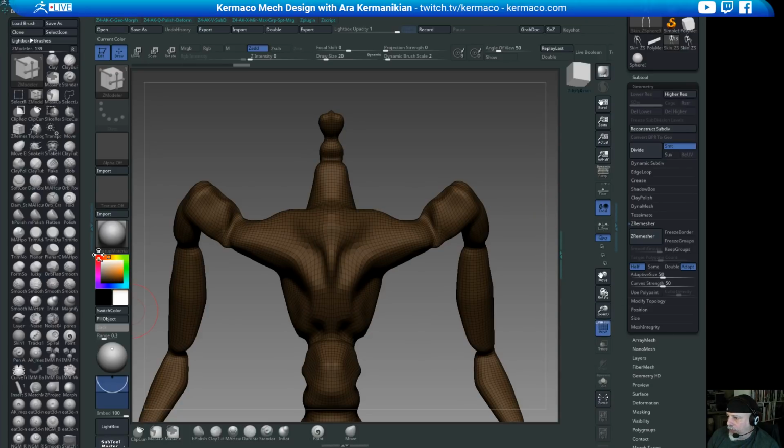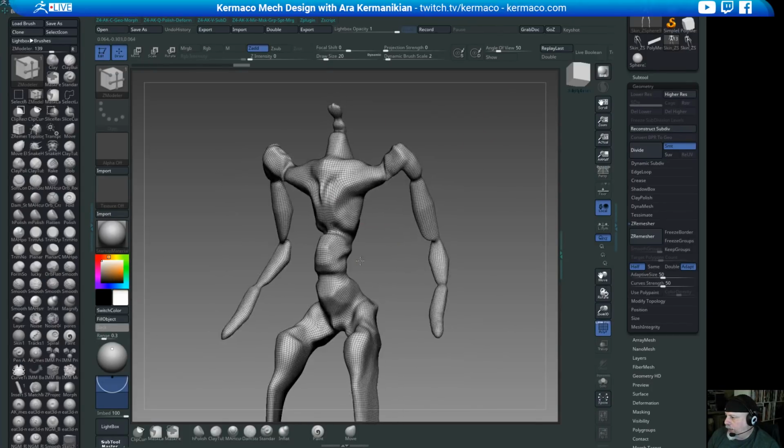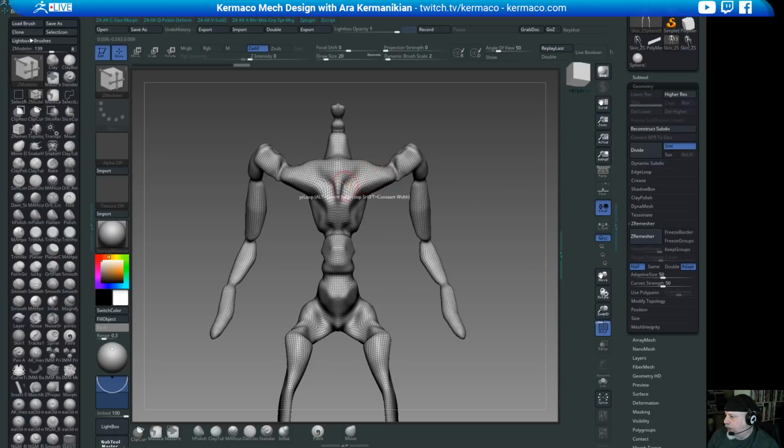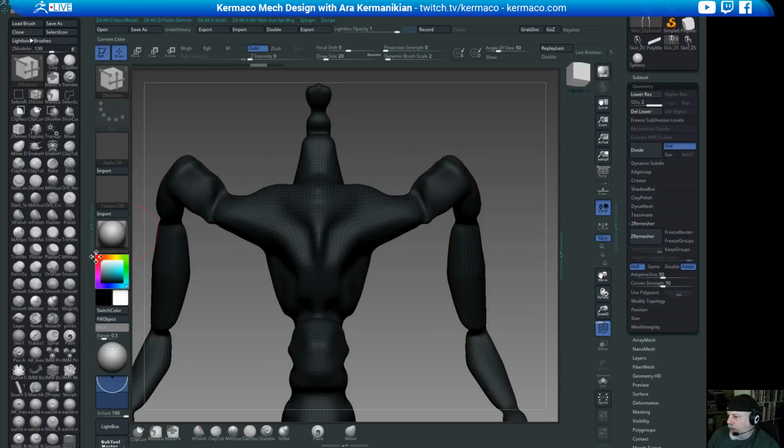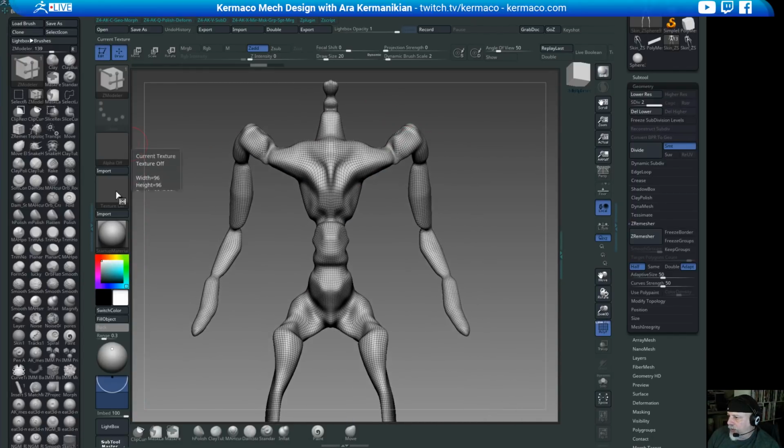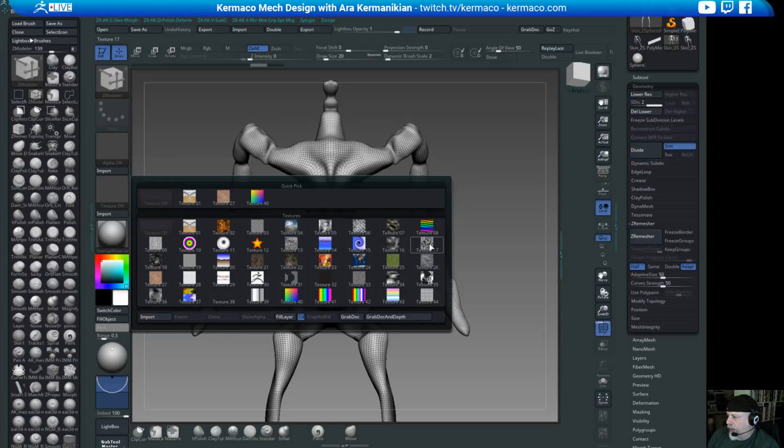And let me choose a different color here. Right, all these polygons have the same shape, and if I paint on this, it's not going to work too well because it's not divided. So I can either use UV Master and get UVs out of it, or I can divide it a couple of times here, and it will evenly divide. And once I do that, if I want to paint textures on it, I can actually, let me go ahead and paint a texture on it. So let's say I go ahead and put, I don't know what's a good one here, maybe this one,